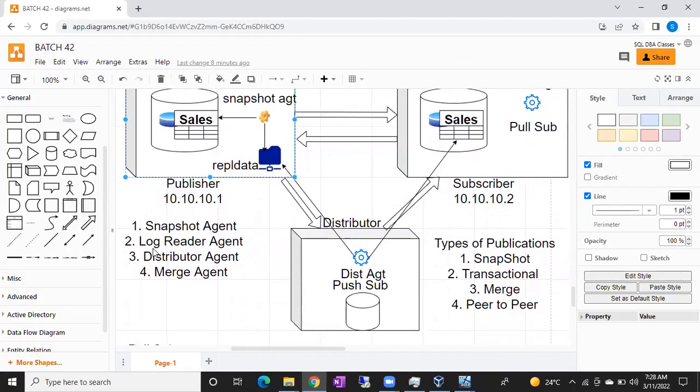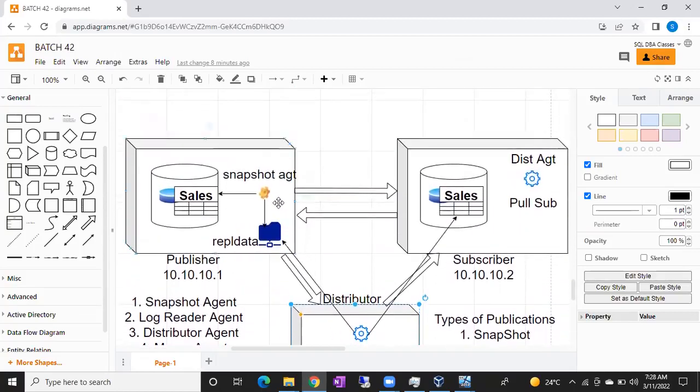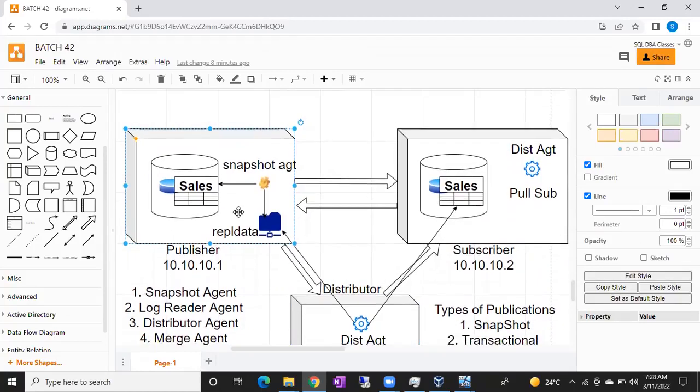So the third server is not mandatory. A minimum of 2 servers is fine. If you see here, your publisher will act as a distributor also. So this server will act as publisher and distributor. What we can do, guys, is first configure the distributor. In replication, the first step is configuring the distributor, then we configure the publisher. Once the distributor is there, for example, if any new company wants to start its products, first they will send a paper ad to the distributor.